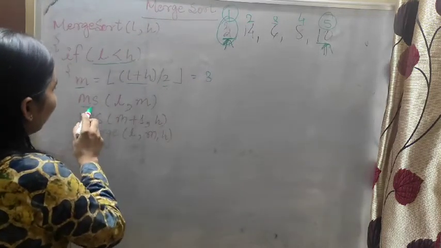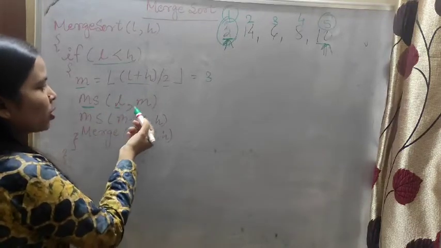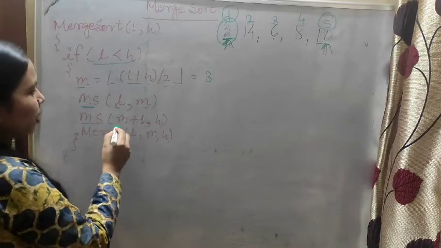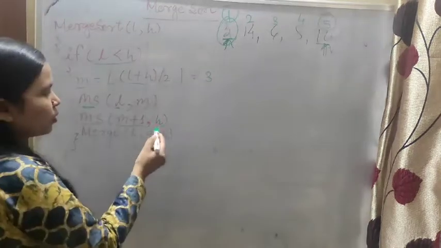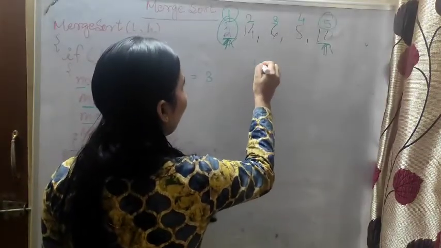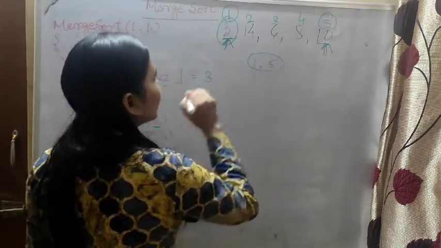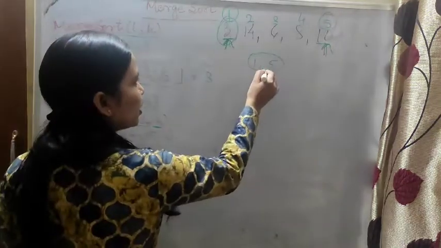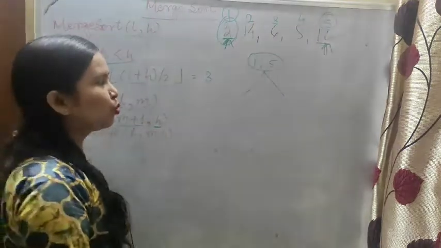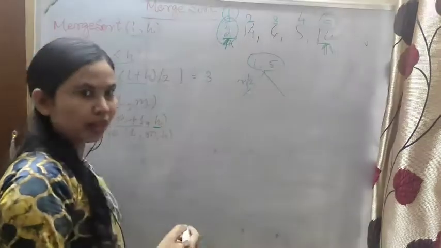Now we will call merge sort. MS is for merge sort. In the first merge sort we will write the first value and the middle value. In the second merge sort we will write M plus 1, that means mid value plus 1, and then the last value. See, first we will write 1, 3 and 4, 5 for the two merge sorts. Now we will split it into two subparts. Otherwise you can say divide it into two parts, n by 2, that means at most divided by 2.